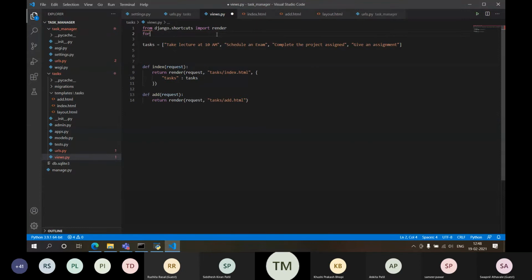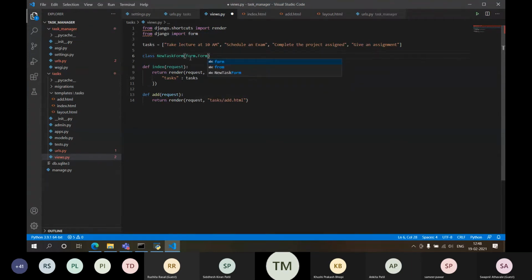From Django import forms. There is an inbuilt module or a package called forms in Django, which enables us to write forms. Now I'll write a class over here, and let's give it the name NewTaskForm, and then I'll write forms.Form.